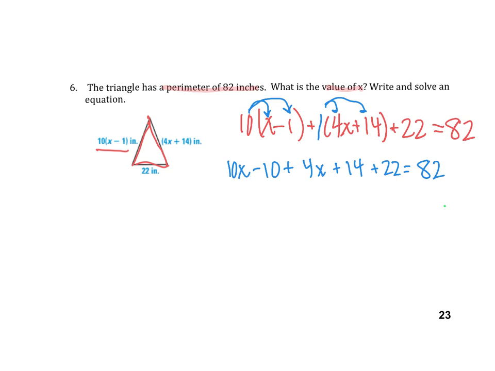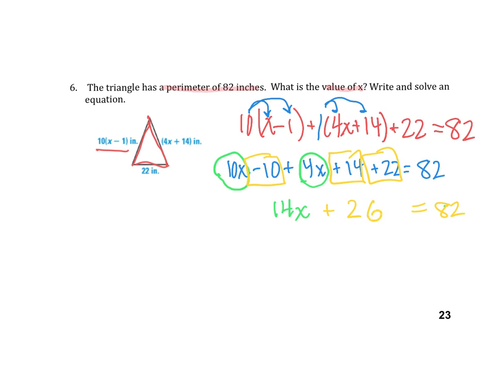Okay. Anyway, now that we're here, this is the tricky part. We need to combine like terms. So I'm going to combine my x's together. That's 14x. And then I'm going to combine my constants together. That's negative 10. Don't lose that negative 10. 14 and 22. But I'm not combining 82 because 82 is over here by itself. So I'm going to add these together. That's going to give me